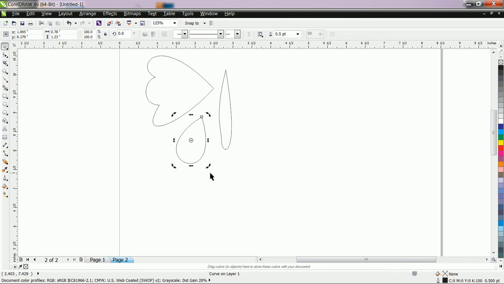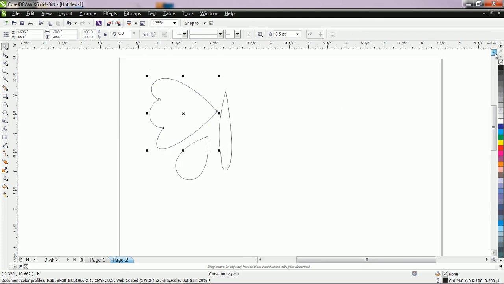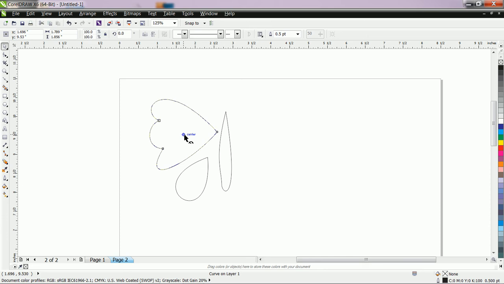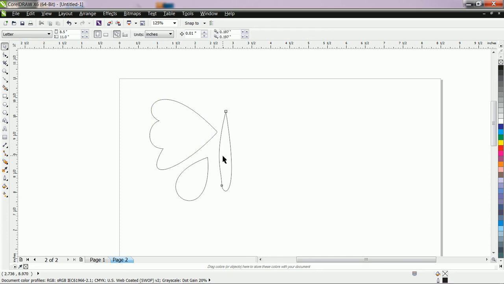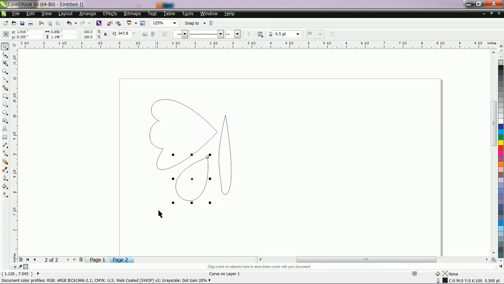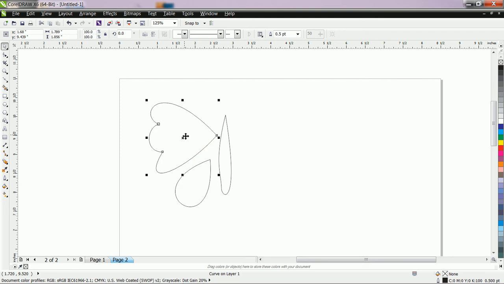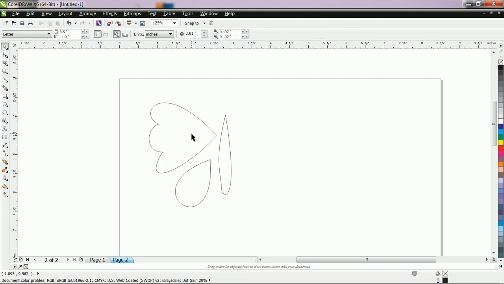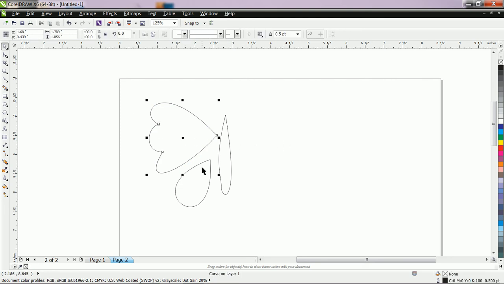Okay, you can also rotate this shape. If you don't know these techniques, then you can watch our previous lessons. Okay, after that, let us increase this slightly. After that, let us select these two nodes with the help of shift tool.